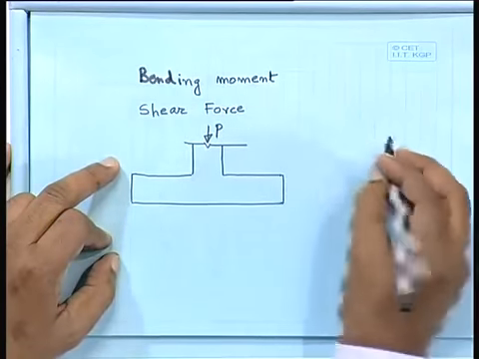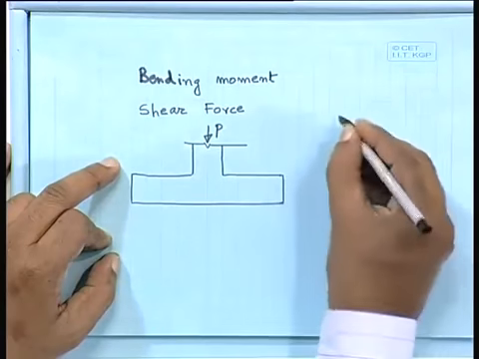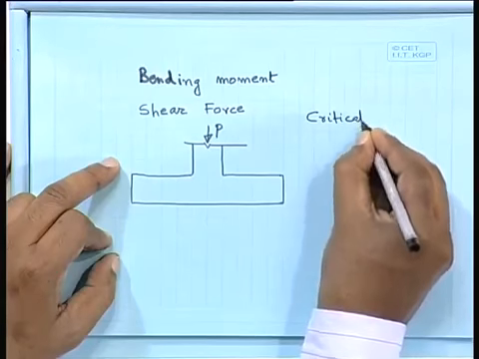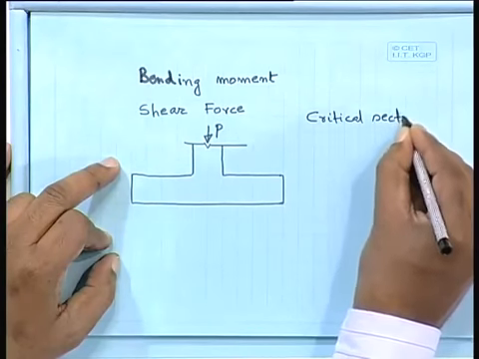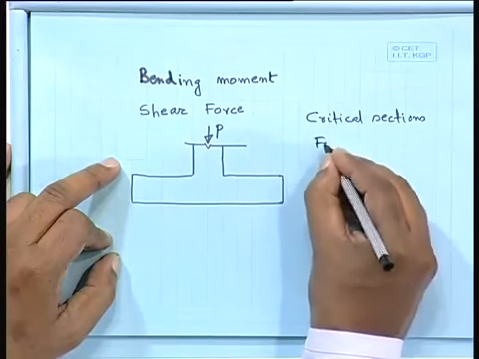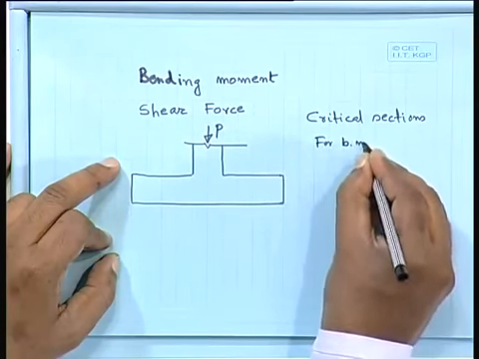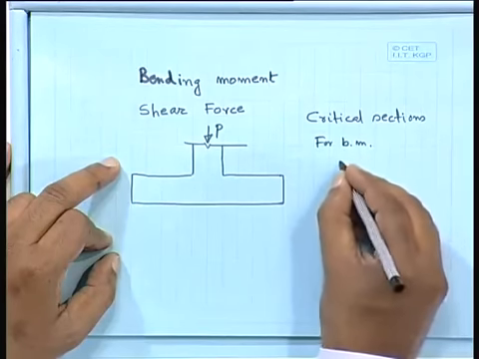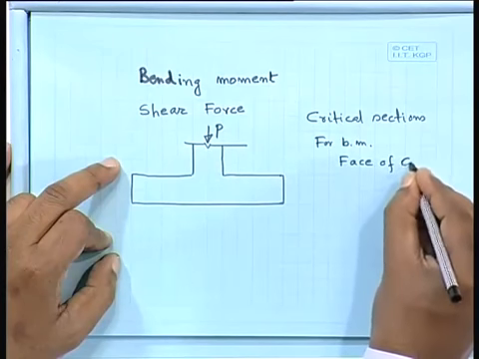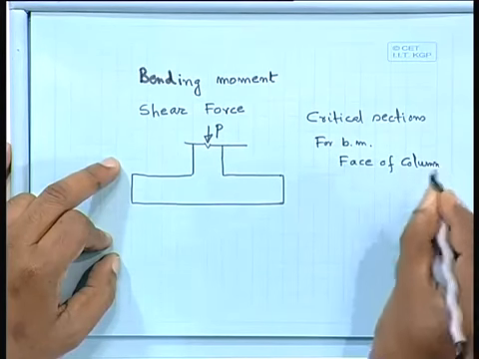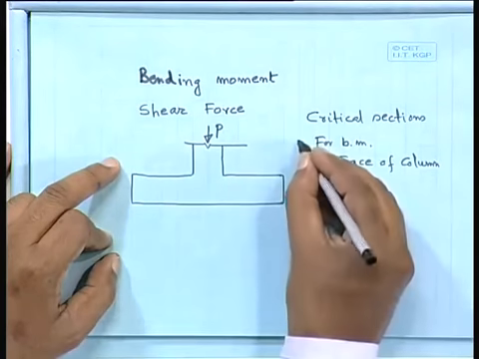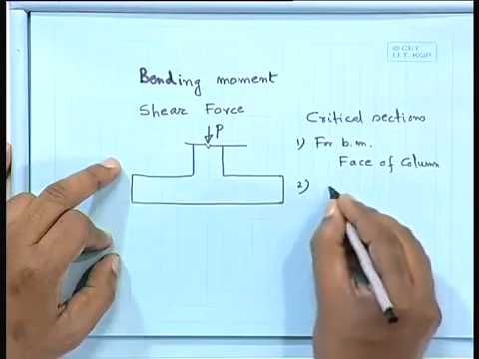Now bending moment, the critical sections. For bending moment, it will be at the face of column. That means either it will be here or we can take it here. So face of column. For shear force,